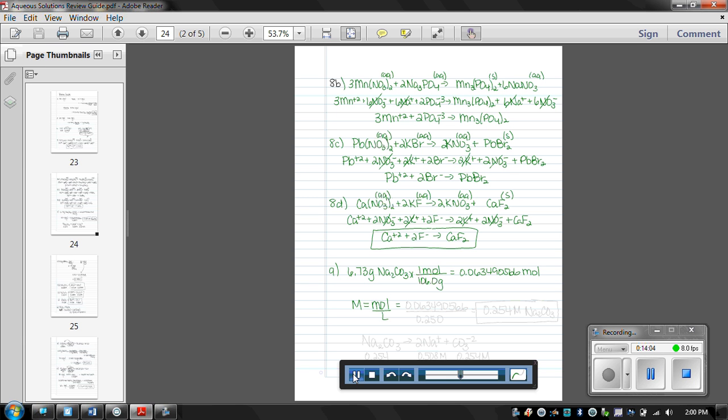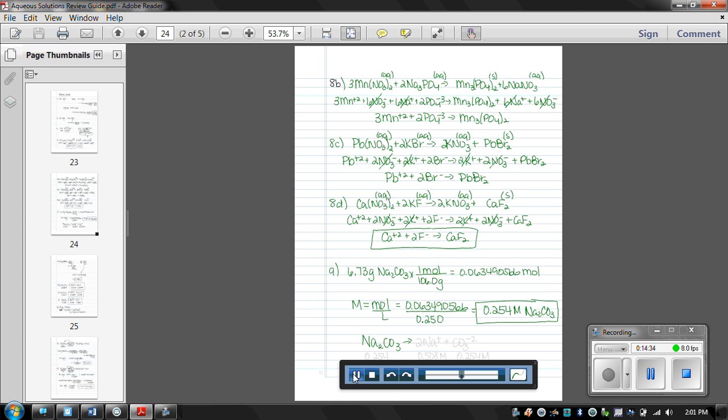And I know my moles. Here's where I regret writing all of those numbers. And then over the volume in liters, which is 0.25. If I divide that, I get 0.254 molar Na2CO3. So that's the first part of the question. Then it asks me, what are the concentrations of the ions? So you know